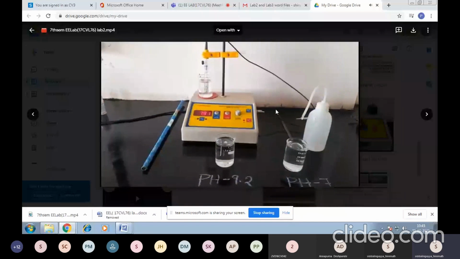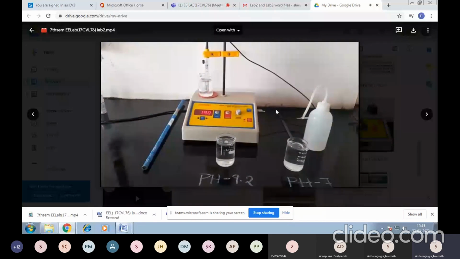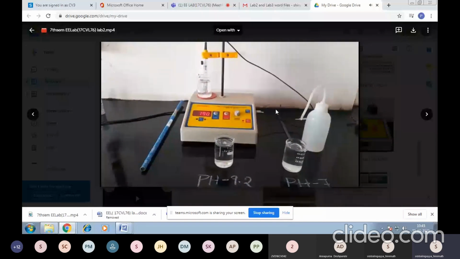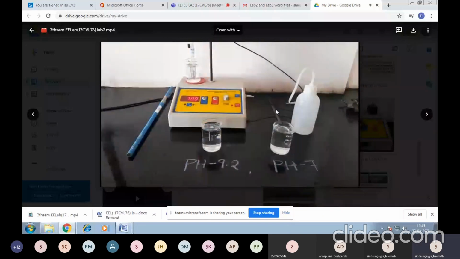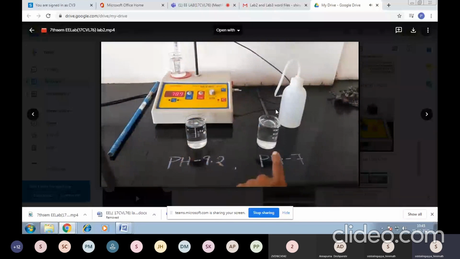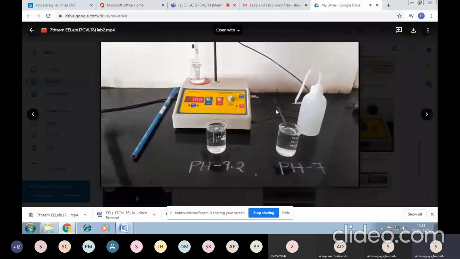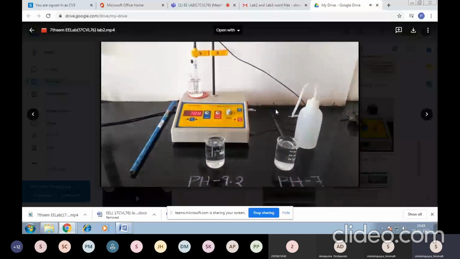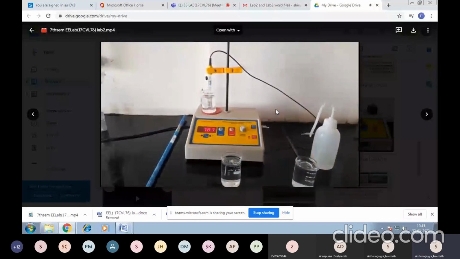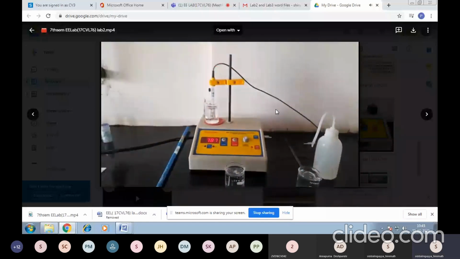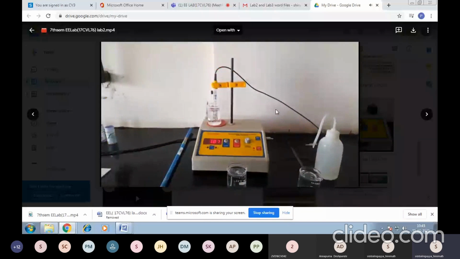So to start with the first step, that is preparation of reagents. Using the buffer tablets, we can prepare the solutions of pH 9.2 and pH 7. Next one is calibrating the instrument. To start with, just power on the instrument, and second one is mode, that is select the function to be